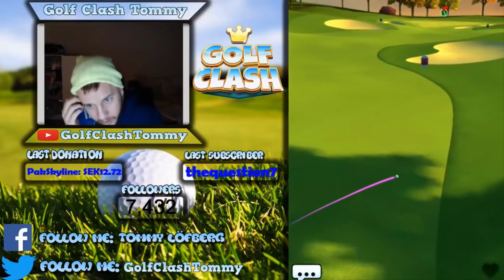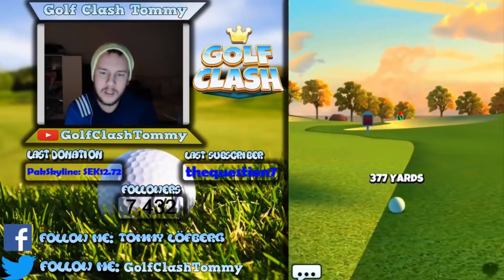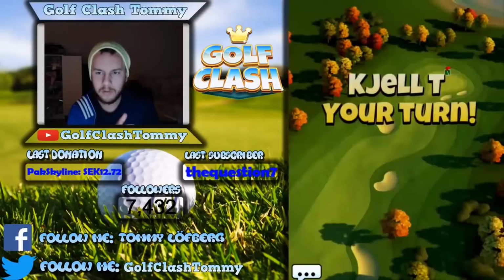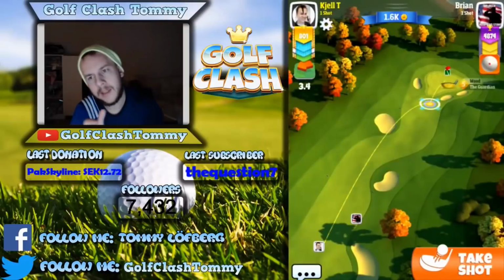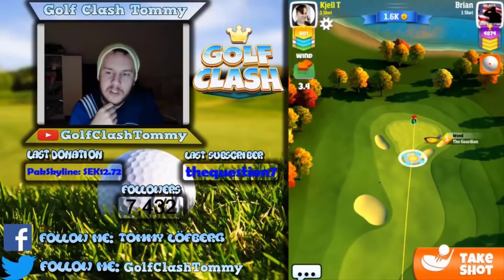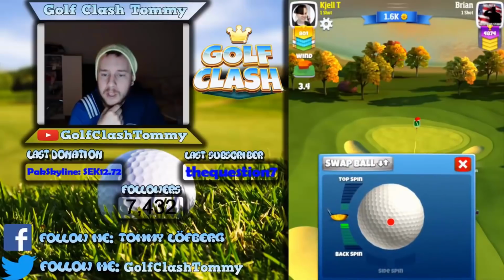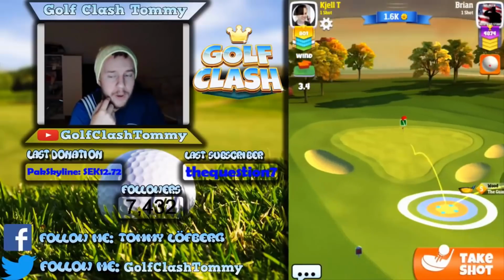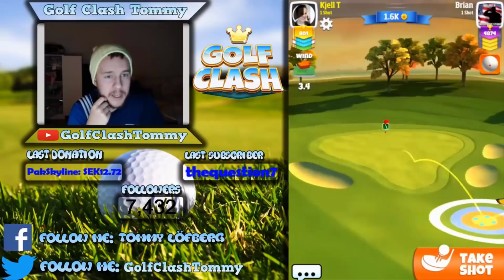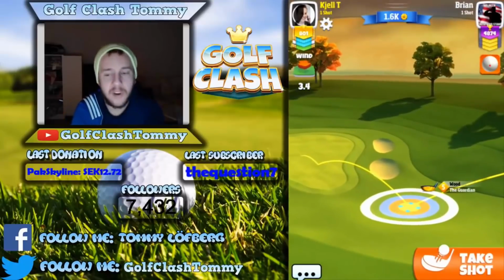Brian unfortunately goes into the rough, and that's the thing with this hole. It slopes like that, which means that the ball rolls from left to right. Of course, if you go short in the rough, it will be tough for you to reach the green. You can see with the Guardian 5, I will be able to reach. I would suggest that you go with the big dog, or an upgraded Guardian, on this hole. This is a par 5,